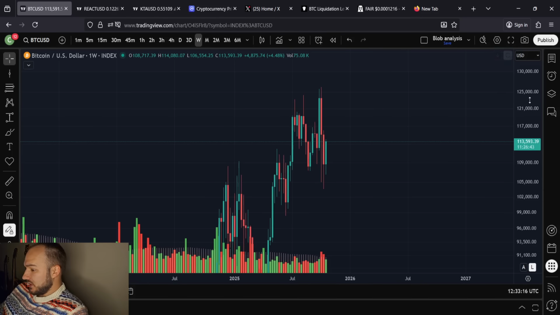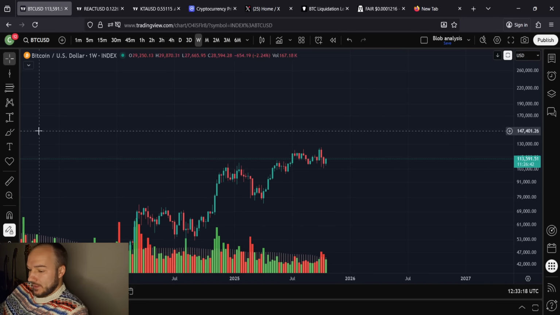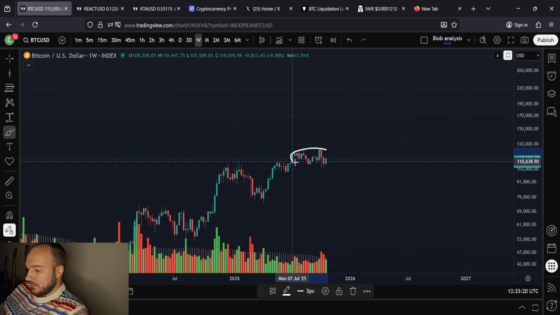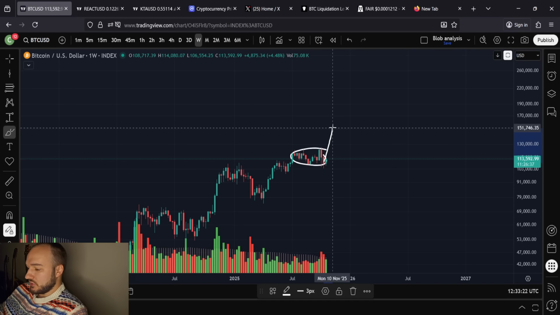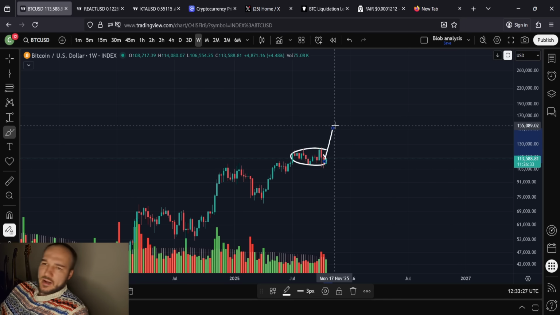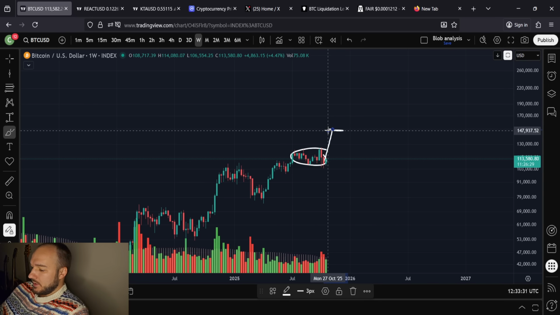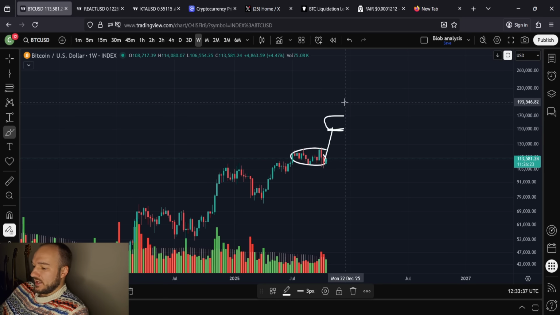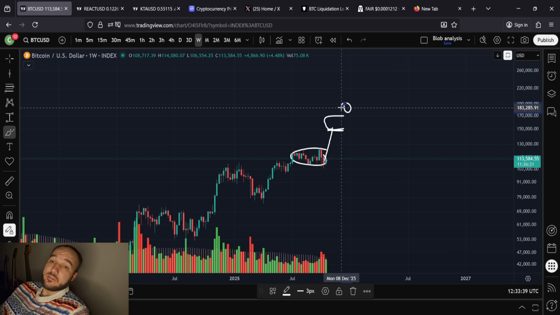I don't really know what else to say other than, we're about to break out of this megaphone pattern. Maybe not this week, maybe not by the end of this month, but going into November, we should be breaking out of it. And that would lead me to expect by the end of November, at a bare minimum, we're above 150K. It's quite possible that by the end of November, we're at 160K, 170K. And going into December, we're looking for that 180, 190K target, maybe even beyond that.